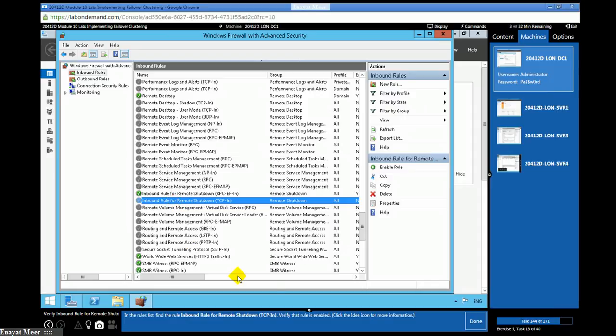So if it's not, you can right-click and enable it. So it should look green. So now it is green. And now you can close your firewall console.